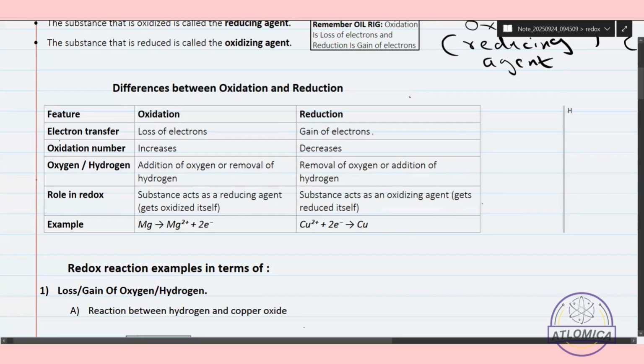This shows the oxidation of magnesium. When magnesium loses two electrons, it has a 2 plus charge, and two electrons are released. Whereas copper, when it gains two